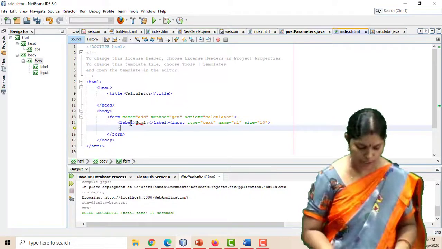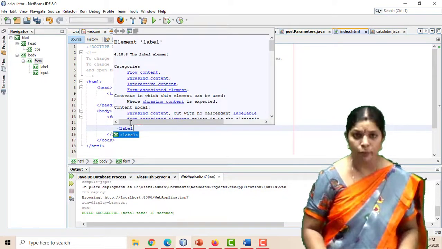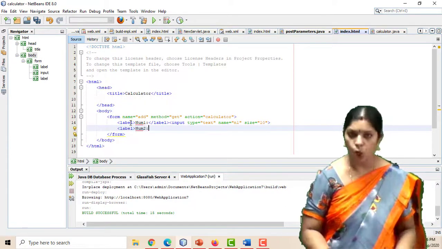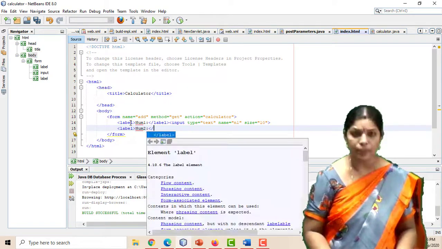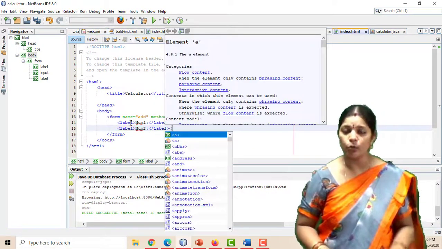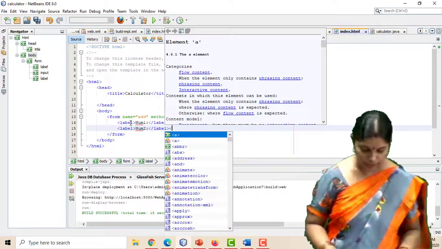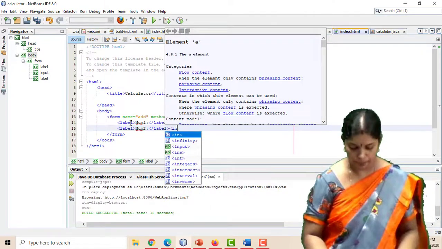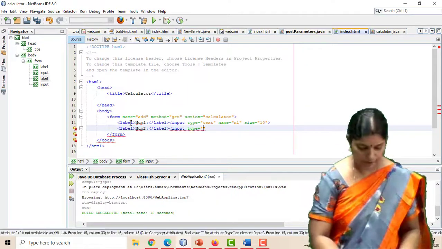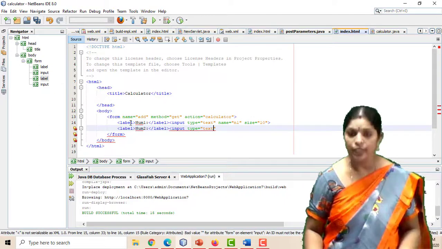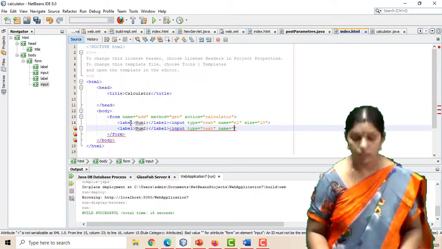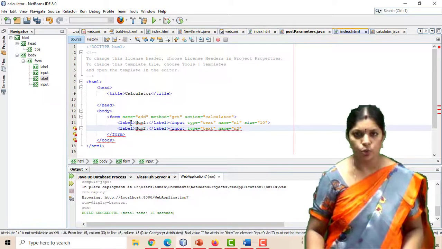Next, we have to create another label for number 2. That is num2 colon, and we close the label tag. Next, the input: input type equals text, and the name equals n2.